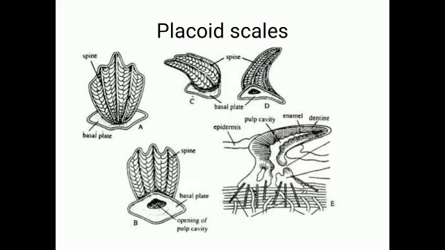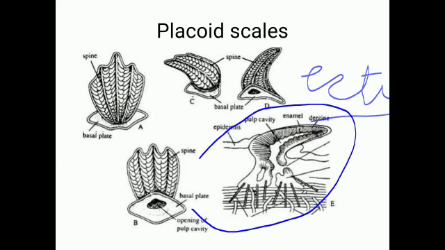In Chondrichthyes there are placoid scales that are ectodermal in origin. If we stroke our hand from back to front on the body of any Chondrichthyes fish, it will feel like a rough sheet, and if we stroke our hand front to back, it will be a smooth sheet. Then we can identify that it is a Chondrichthyes fish. And teeth are the modifications of placoid scales, you see.